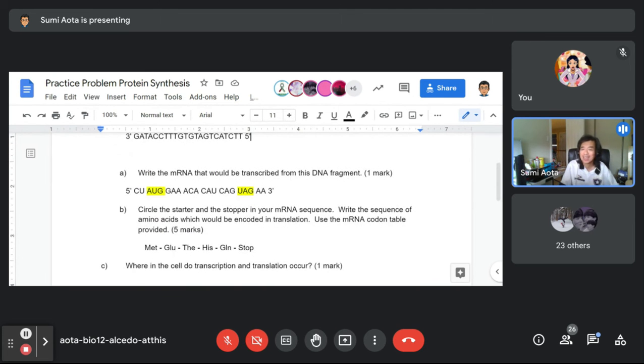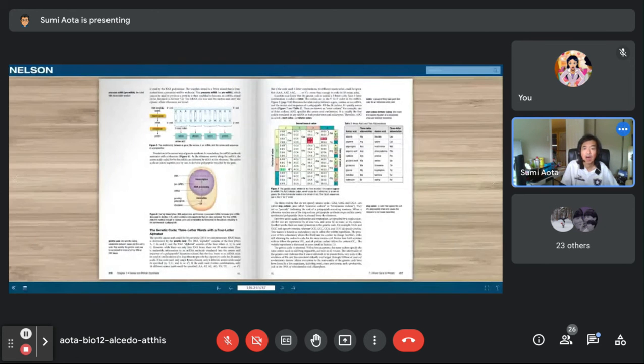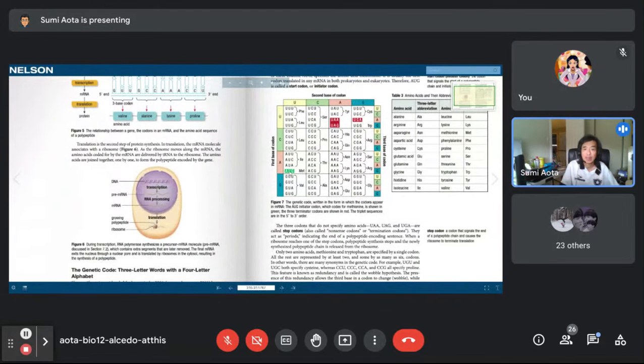Also notice, unless the question asks you, you do not need to give me the tRNA anticodons because this RNA table automatically goes from the mRNA to the amino acid. So you do not need to provide the transfer RNAs, unless the question says to also include the transfer RNA anticodons in your answer. If I just give you the mRNA and ask for the amino acids, don't give me the transfer RNA. I'd have to deduct points in that case.